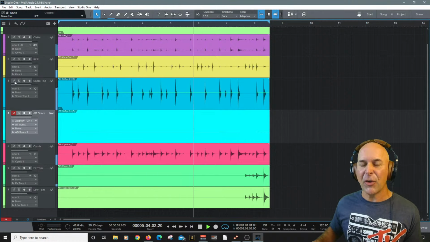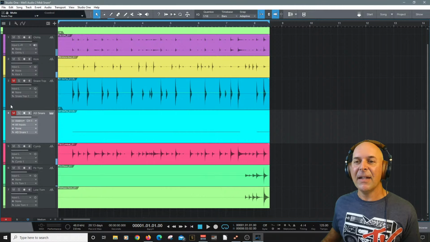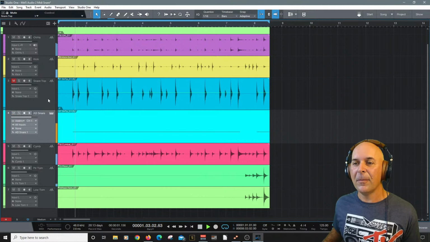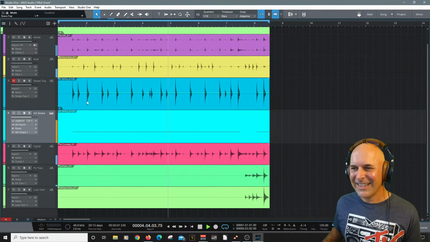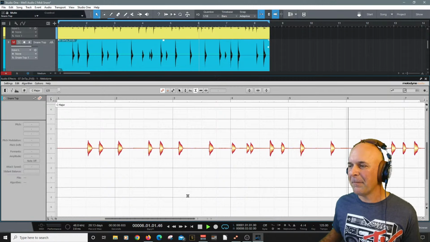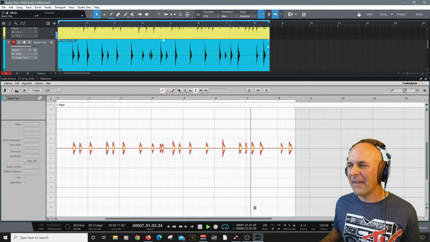I did gate the snare though, remember that. Now here's where we are now. Oh yeah. And all of this is happening thanks to Melodyne's